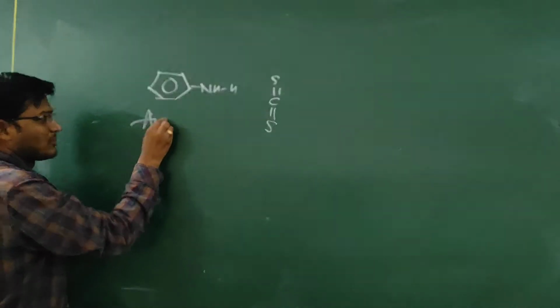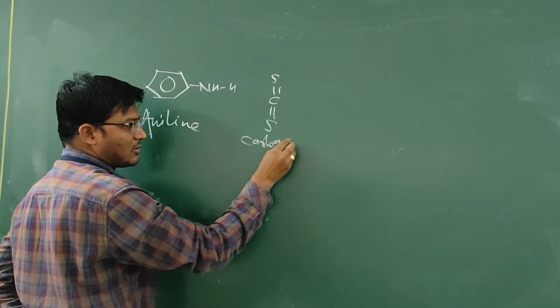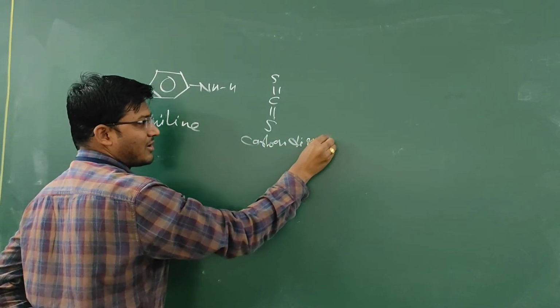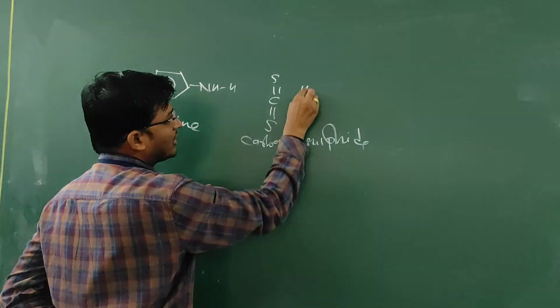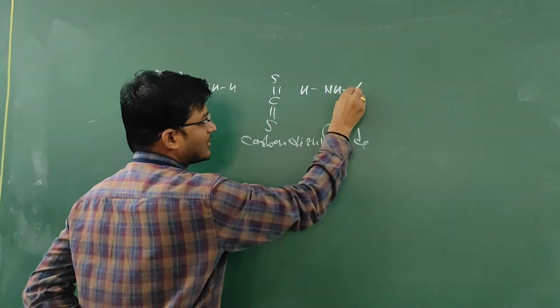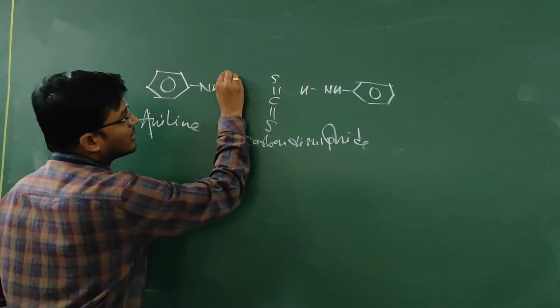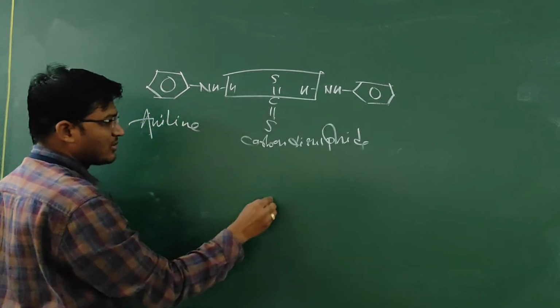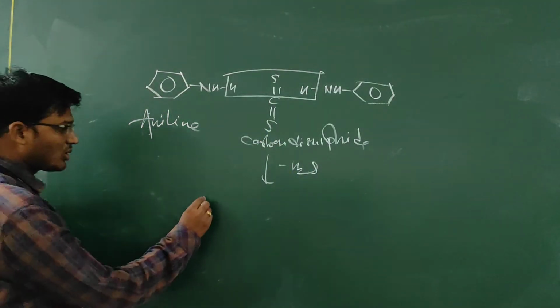Aniline plus carbon disulfide, H2S is liberated, minus H2S. Then we get such a type of product,